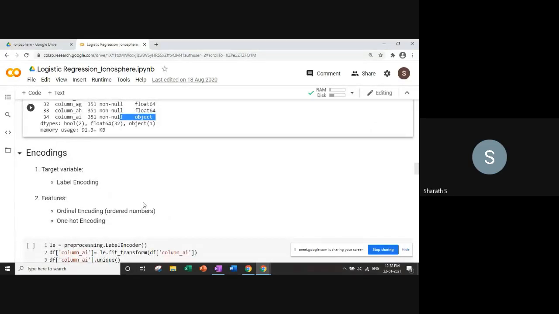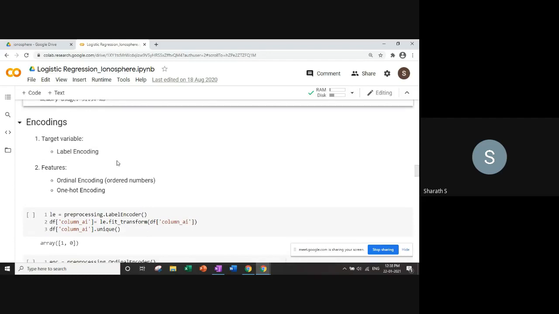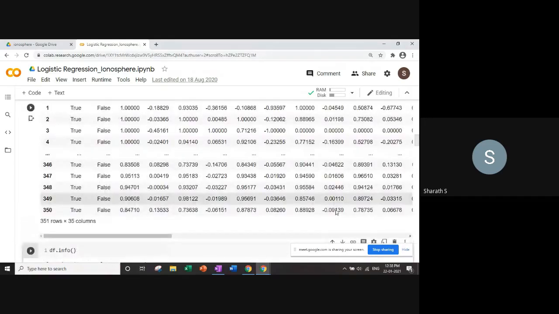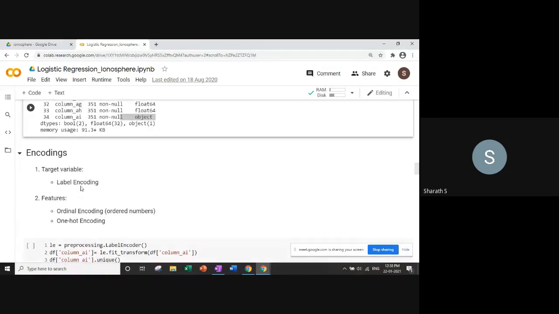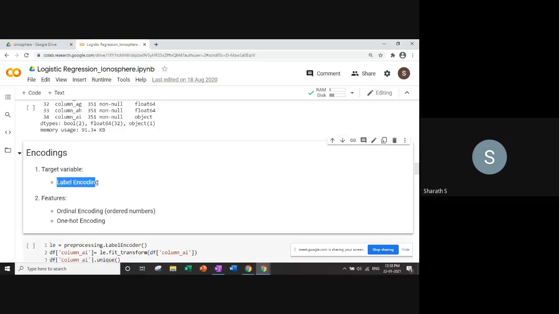Now the important thing is we need to transform the Boolean variables into some other form for us to use in logistic regression, and that is known as encodings. Even the good and bad, whatever two classes are there, we can't use it straight away. It doesn't make sense to use G or B as good and bad. So we have to convert it to a numeric value. Whatever numeric value conversions we are going to do are known as encodings. When you do it on the target variable or Y variable or the predicted variable, it's known as label encoding, because it is a label, good and bad label.